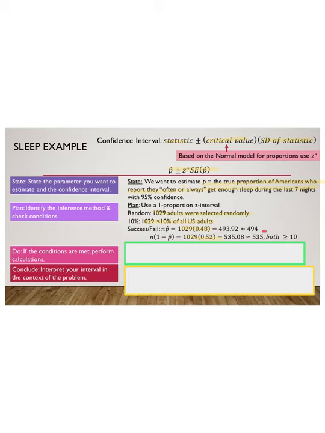Our third step is the do step, and this is where, if the conditions are met, we perform the calculations. So our mean is obviously the 0.48, matches our context. For the 1.96, you can either look at your intro to confidence intervals for a single proportion handout, or you can do inverse norm